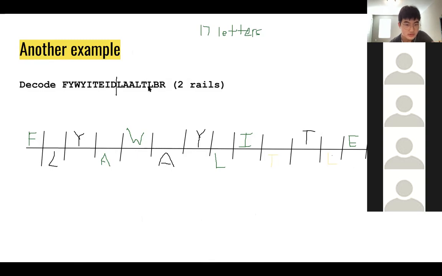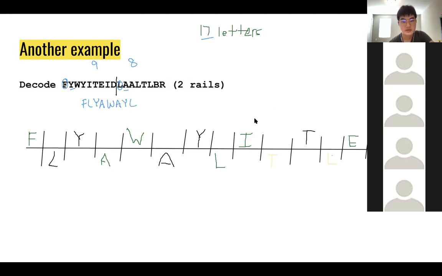So you basically divide the message into two equal lengths. Since this is an odd number, you can't actually do equal lengths, but you just give the larger number to the first row. So you divide it 9 and 8 instead of 8 and 8 if it were 16. And then you just look at the first letter, second letter, and so on. So you can just write it out. Like FL, and then you look at the second letters, YA, and then the third letters, WA,